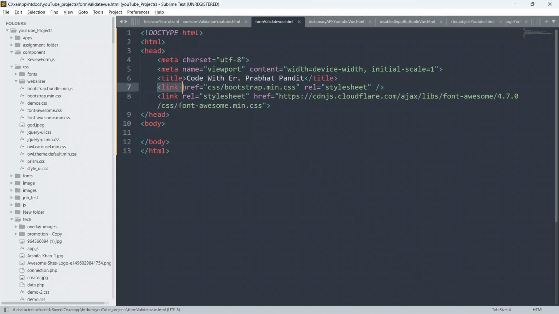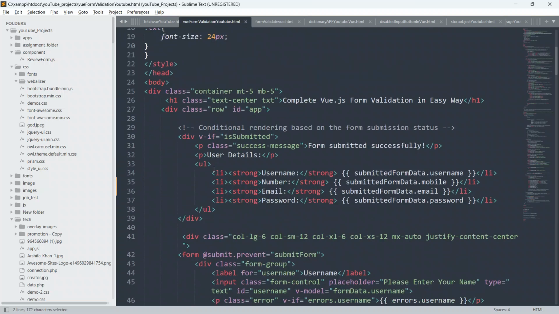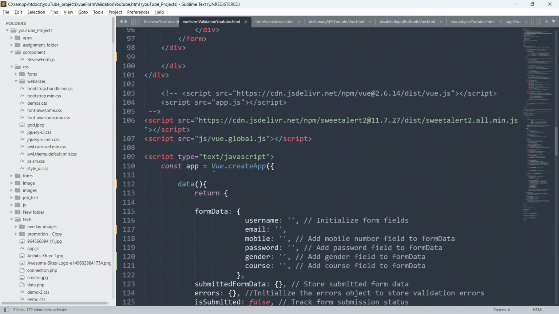As you can see guys, this is the local path for my bootstrap file. As you can see here, I have got the folder named css, and inside that I have got the file bootstrap.min.css. And guys, this is the font awesome link, the CDN for the font awesome. So as you can see here, font-awesome.min.css. So let me just paste some more CDN links from the previous example only.